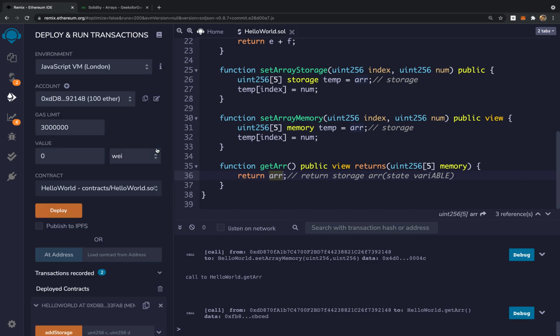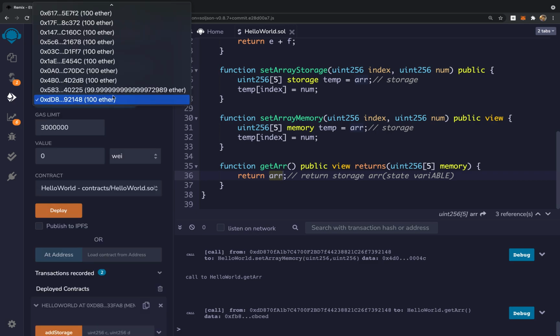And also you can see that when you try to use the storage keyword, we spent some gas. For the same operation using the memory keyword, we didn't lose any ether.